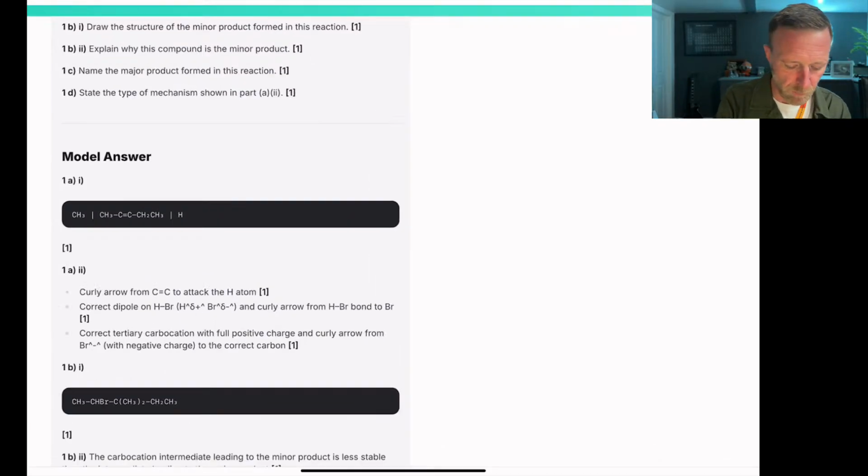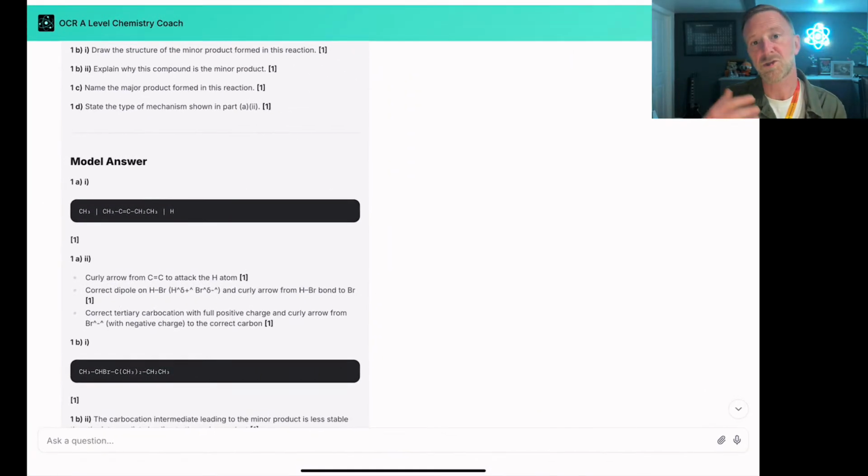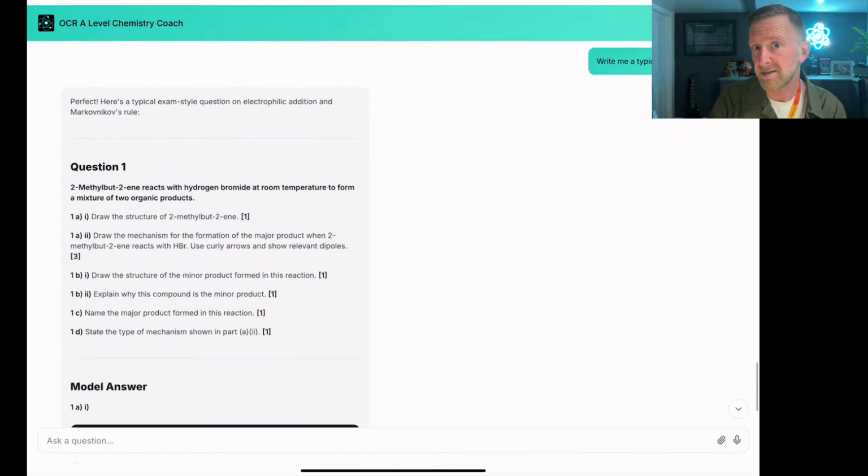So, when it does want to write a formula, it will give you the structural formula, which is the best it can do. And that's still pretty handy. Okay, so that is a limitation of AI, not a limitation of Chemistry Coach. All right, so it can't draw organic molecules, but AI's got its limitations. But you know what we've got here is pretty damn good.